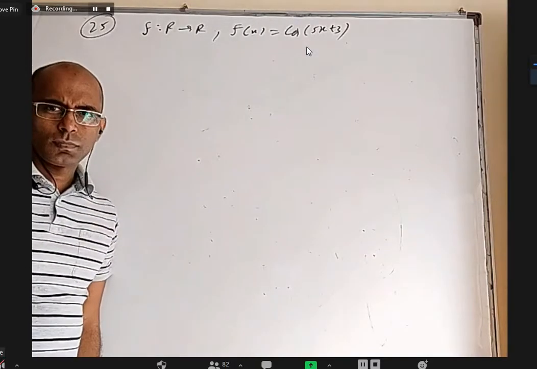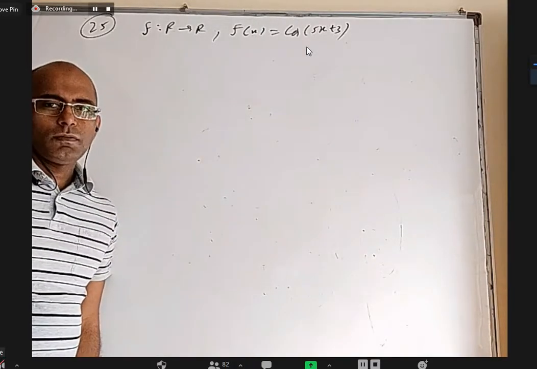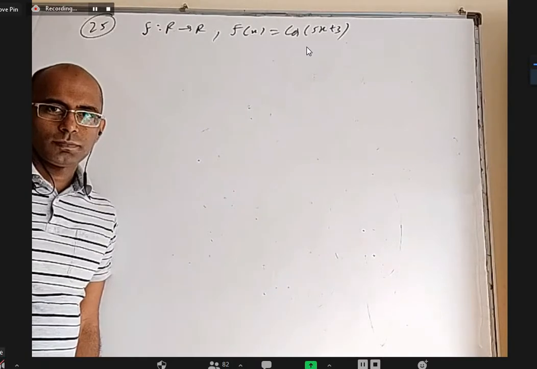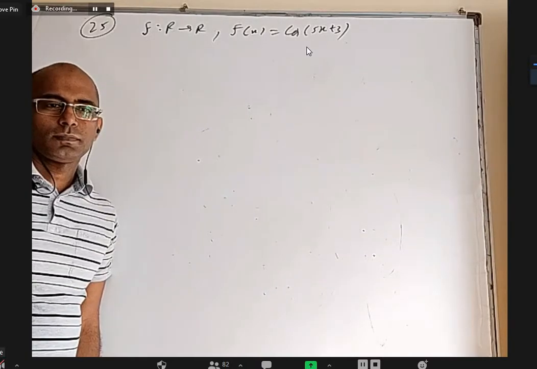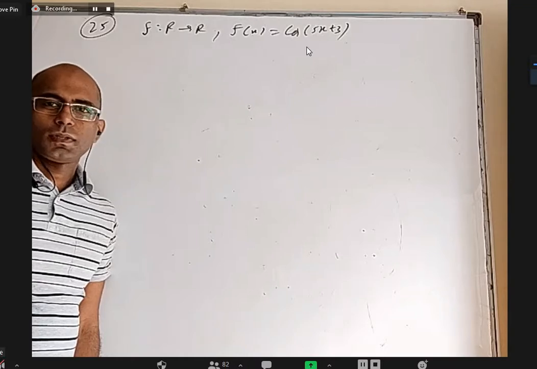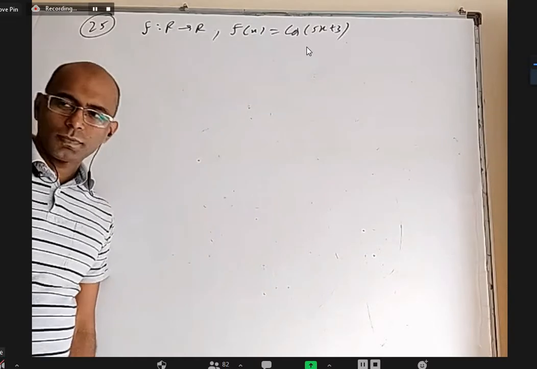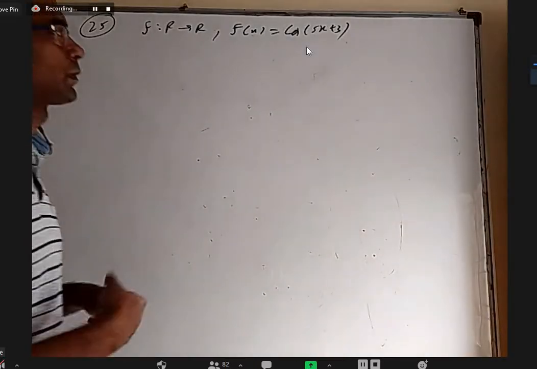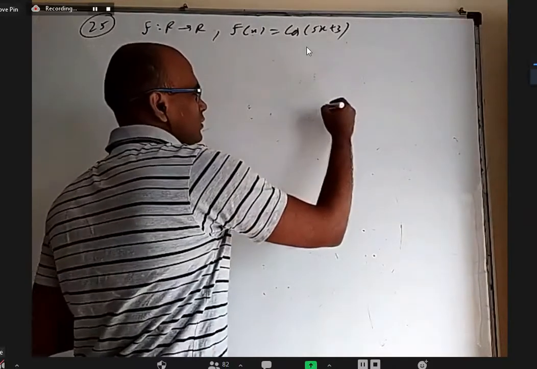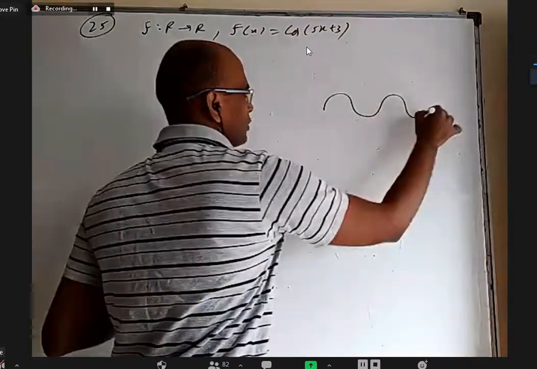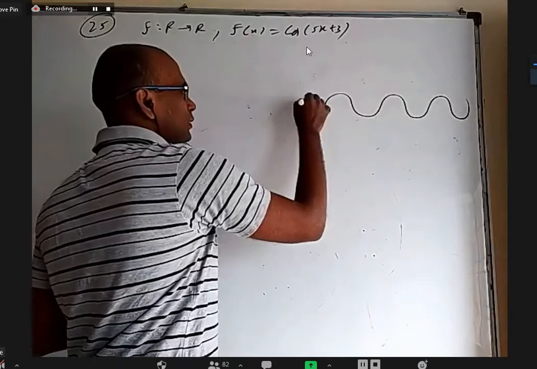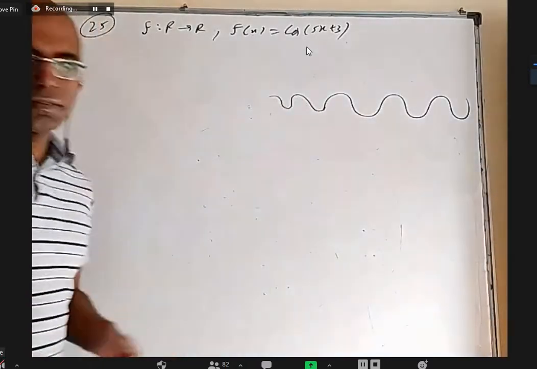Sir, it is not 1-1. Why is it not 1-1? Because at minus 2 by 5 and minus 4 by 5, it has the same value, sir. Yes, correct. By drawing the graph, it cuts a horizontal line more than one time. Cos 5x plus 3, somewhat like this it will be. I'm not telling where exactly the x and y axes are, but it's some oscillating, periodic function.